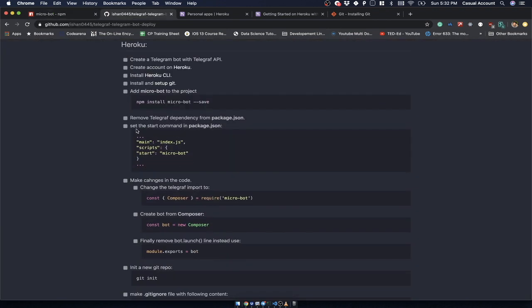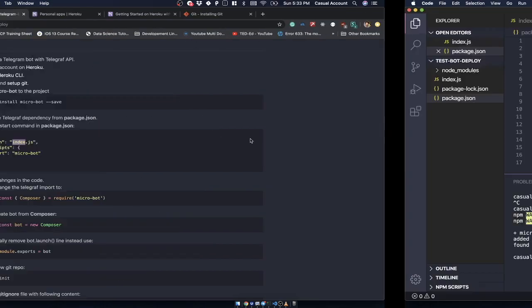So the second step is we have to include this script in the package.json. Okay. So it says that put this in the scripts part. Okay, and you can see over here they have used main as index.js, not app.js. So this is the reason why we will be using index.js and not app.js. Let's go back to the code.